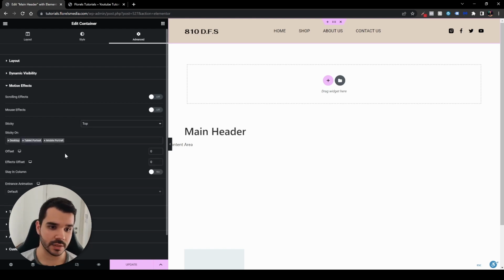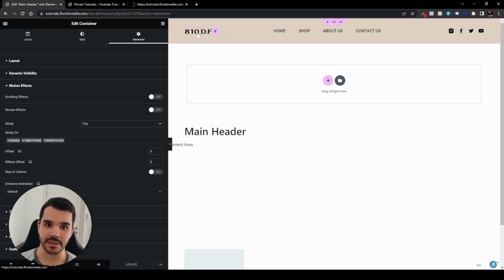One more thing to notice is that you can also set it by view. For example, if you don't want it to show on mobile or on tablet, you can just uncheck it and it will be only available in the desktop version or only on the tablet or mobile version for your choice. So leave everything as is, just hit update, and then we'll be able to see our changes inside